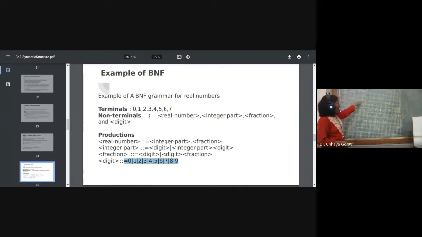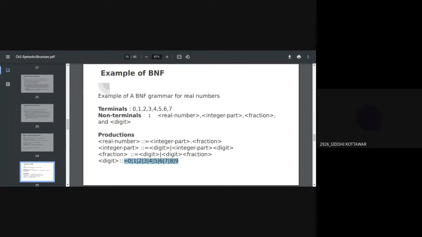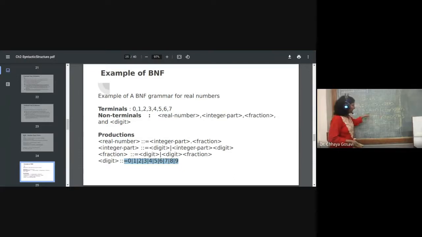Can you create a parse tree for this number 12.45 using this grammar? Ma'am, I actually didn't get the difference of int and digit. This int and fraction, these are non-terminal symbols. Real, int, digit, fraction, these are non-terminal symbols. And 0, 1, 2, 9, these are terminal symbols.